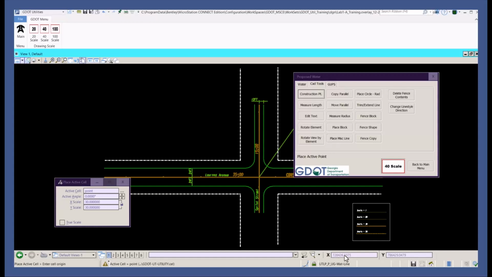The AccuDraw dialog is docked, so to undock, hover over it until the 4 arrowheads appear, left click, drag it out, set focus on the AccuDraw dialog,